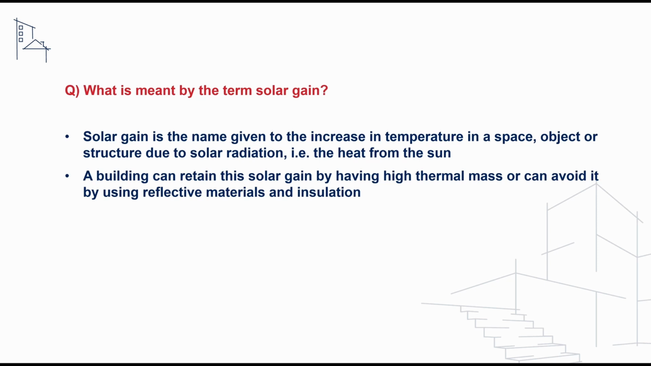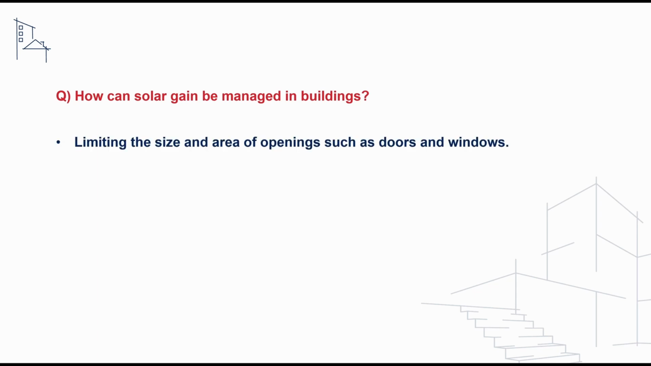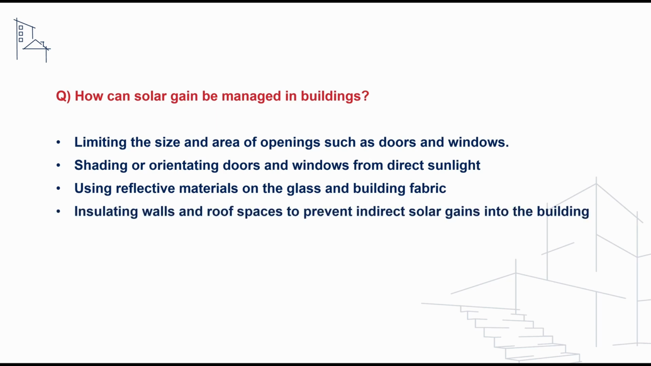materials and insulation. We may also be asked a follow-on question to this, checking our understanding of how solar gain can be managed within buildings, and to address this we can say that we would limit the size and area of openings such as doors and windows. We could use solar shading or orientating doors and windows away from direct sunlight, and use reflective materials on the glass and building fabric. We could also use insulating walls and roof spaces to prevent indirect solar gains into the